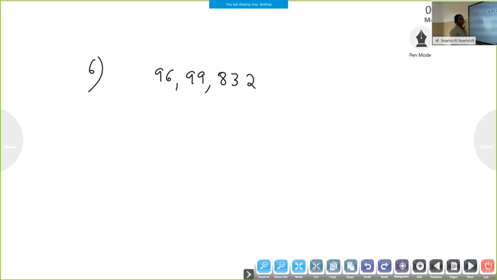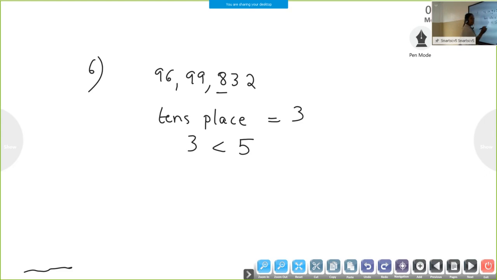Okay, again we have to round off. For six examples I am explaining the same procedure. I think you all understood this one. We underline the digit in the hundreds place, because we need to round off to the hundreds place. Then identify the digit in the tens place. Which is the digit in the tens place? 3. Now the rules start: equal to 5, less than 5, greater than 5.